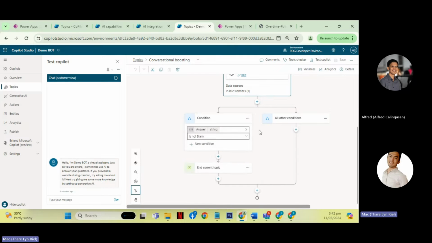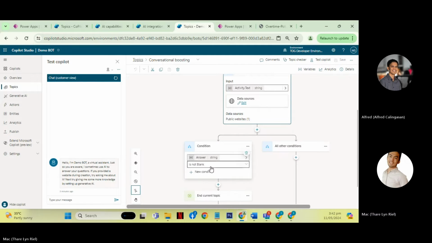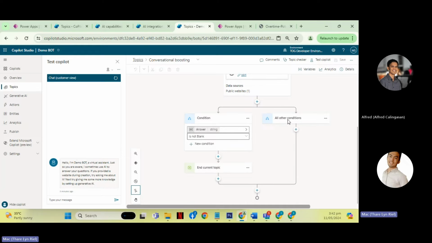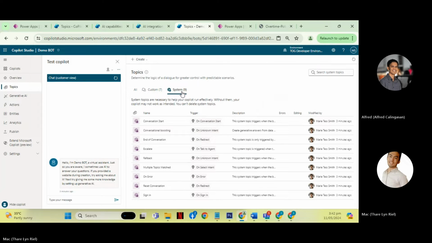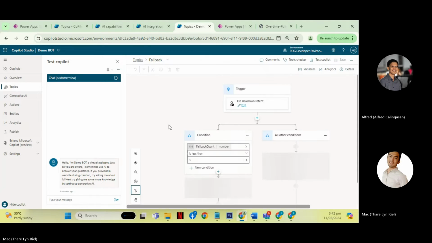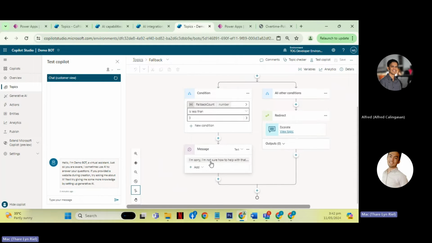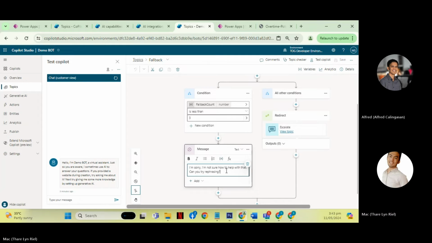And then if it's blank, it will actually go to another topic, which is, I believe, the fallback. So yeah, this is pre-built. So if it doesn't get anything, the Copilot will respond with this.